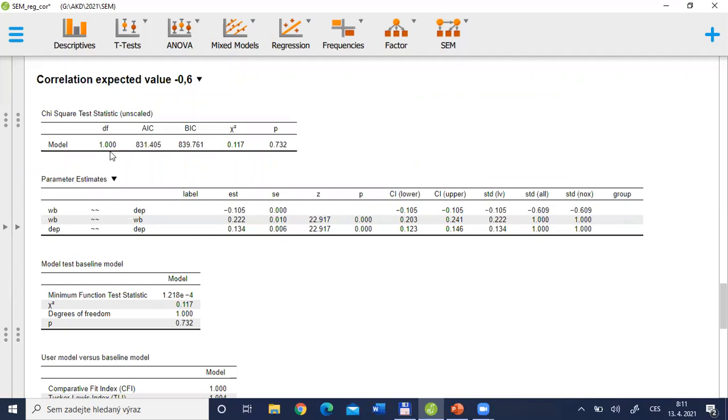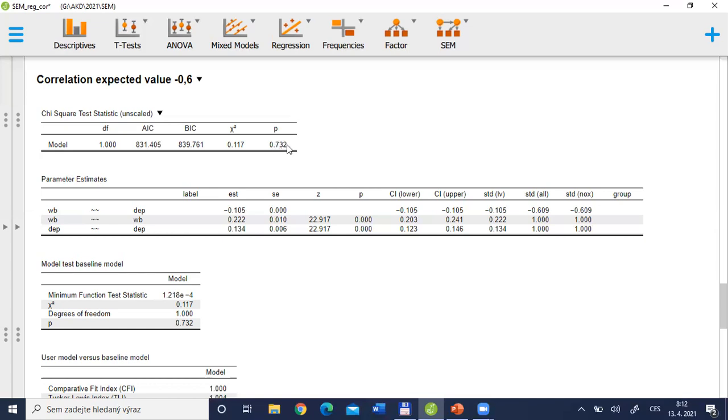And if we apply the test, the chi-square test statistic is a very, very low one, 0.117. The border for statistical significance would be approximately 4, or more precisely 3.84. So this is far below this threshold,